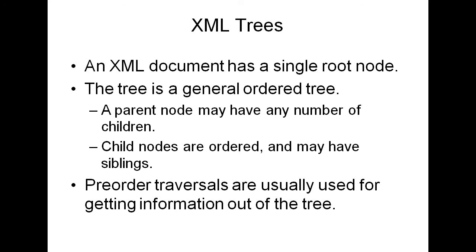So now we can say an XML document has a single root node. The tree is generally an ordered tree, and a parent node may have a number of children. Children nodes are ordered and may have siblings, and for traversing an XML tree, we use pre-order traversal so that I can access the items of my XML document. So this is all about the XML document. In future